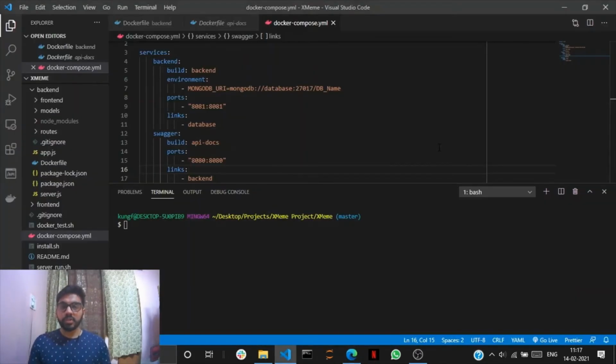The project uses Docker to containerize the complete application and make development easier. So let's run the project using Docker Compose.